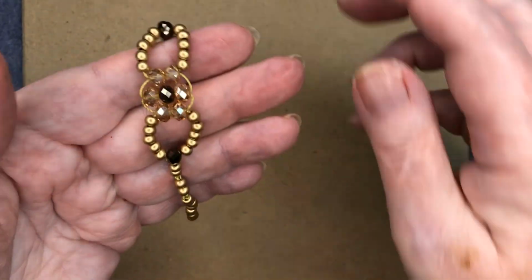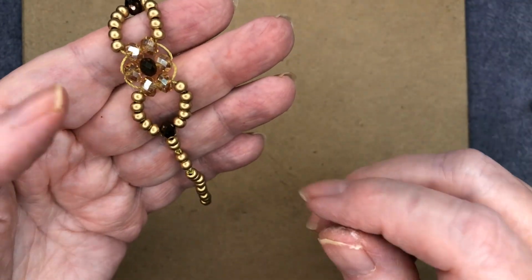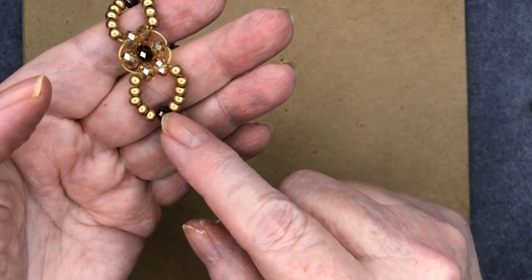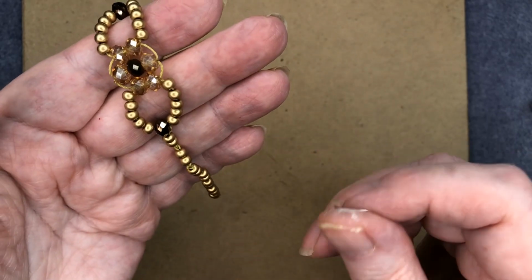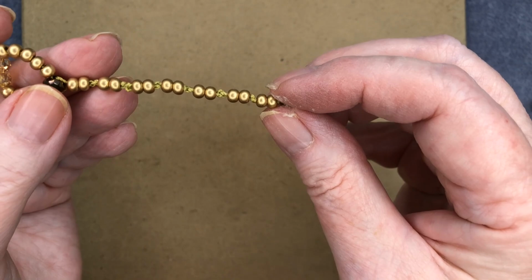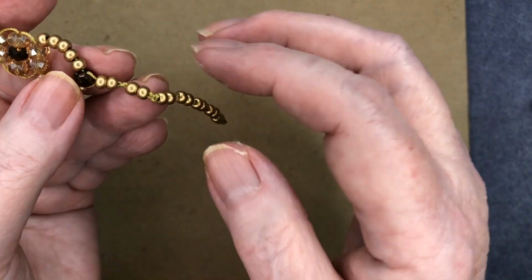Today I'm going to talk about making this bracelet. It starts with a little flower in the center, and then we've come out with size 6 seed beads, joined again with the 6mm Chinese crystal bead, and then down the longer part of the bracelet I've done some knots